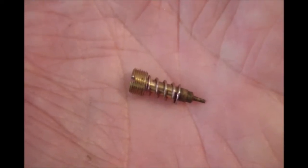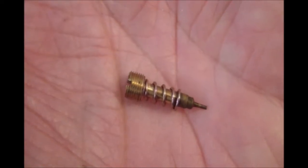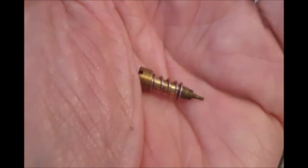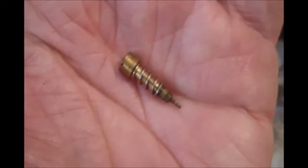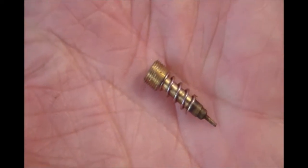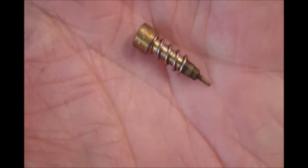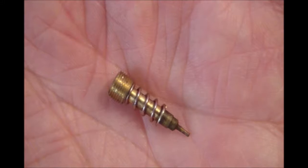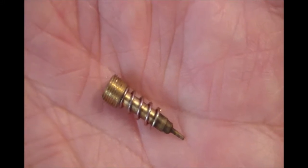So here's what the pilot screw looks like when you dig it out. It's not very big, but it can have a fairly big effect on how your motorcycle runs. So we'll do some more cleaning and see if we can get it running again. And here's another tricky part to this pilot jet